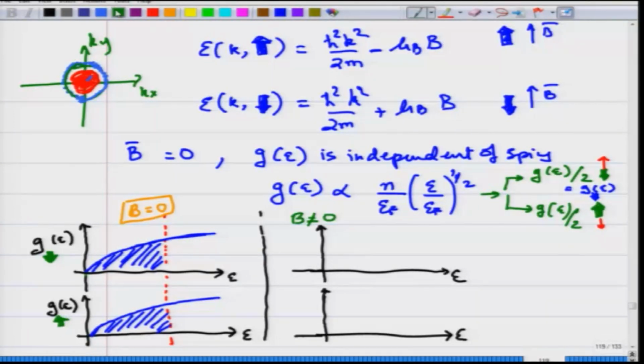For the electron with magnetic moment anti-parallel to the direction of spins, if k is equal to 0, the energy does not start from 0, but it starts from plus mu B. So, for this anti-parallel electron, the zero is actually from plus mu B. And for the electron whose magnetic moment is parallel to the applied field direction, the zero energy is not for zero momentum, it is not at 0, but it is going to start from minus mu B. So, it is going to start from here.